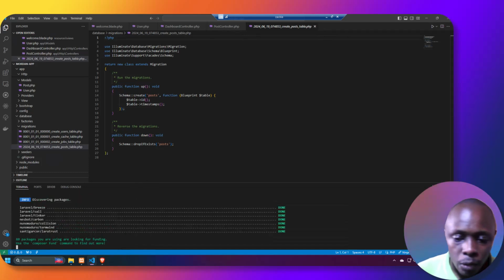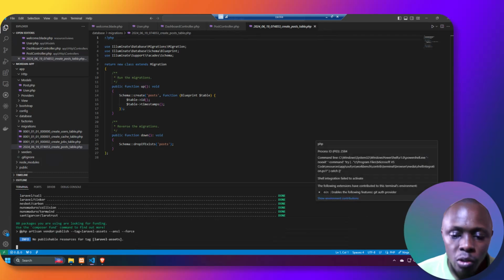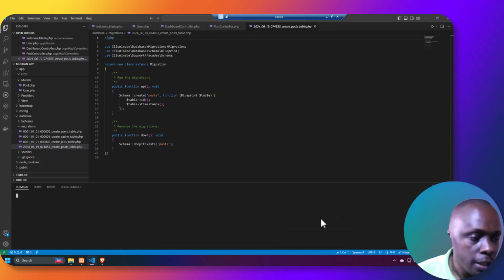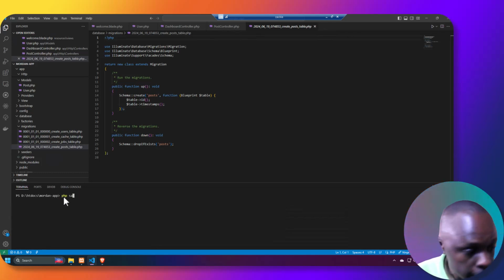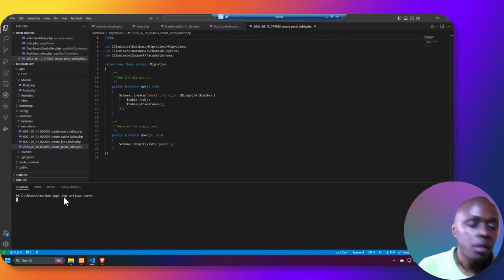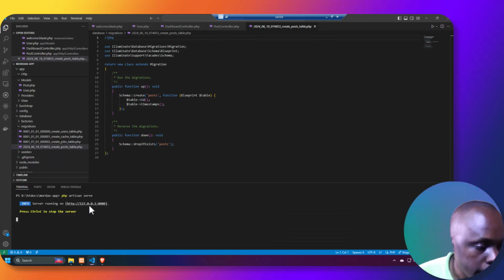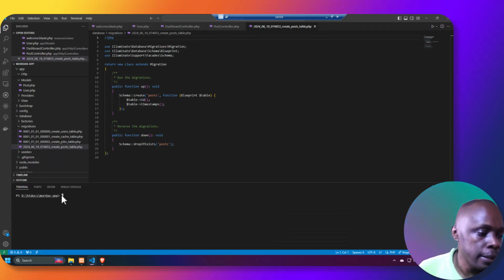After that, we can also fire up our Laravel application. Let's just fire it up so that you can see that it is running. php artisan serve. Okay, so with php artisan serve, the application is running. And then also ensure that JavaScript is being bundled. So npm run dev. Okay, npm run dev is going to help run those